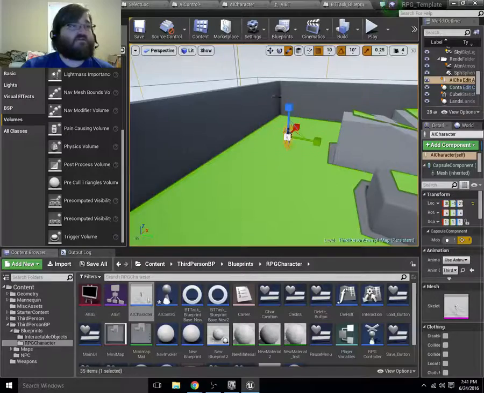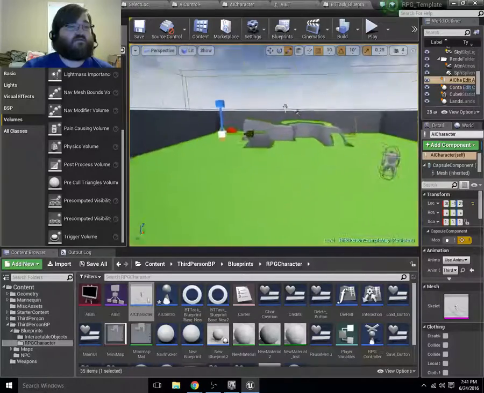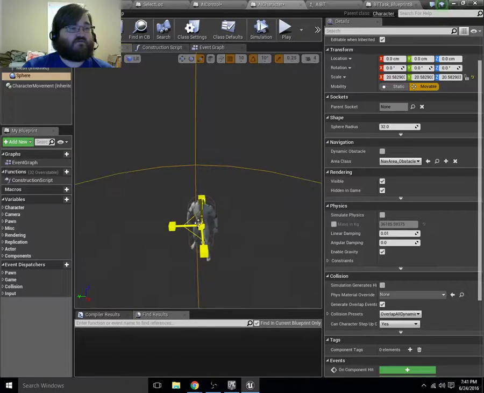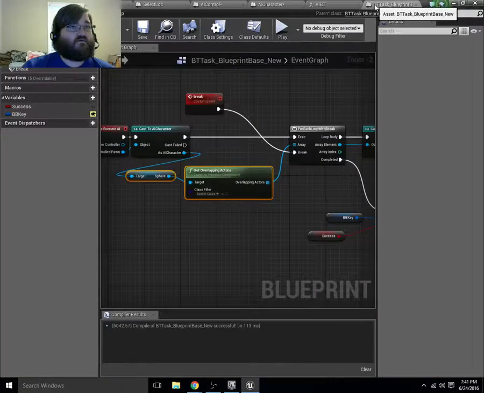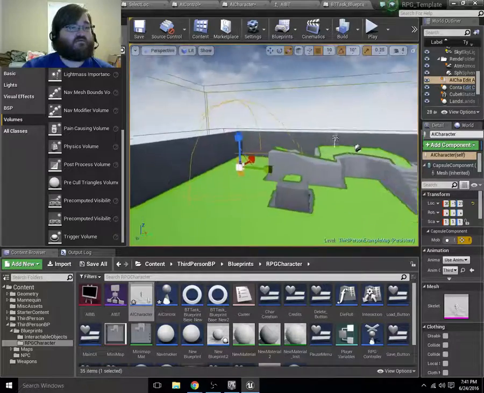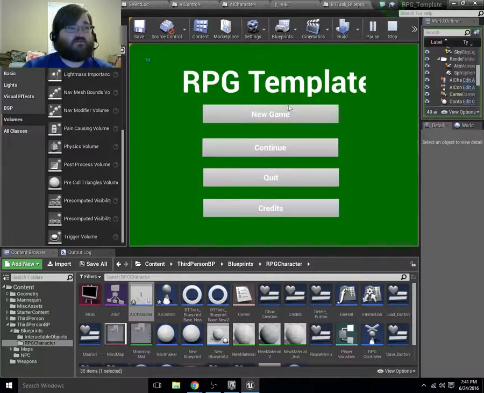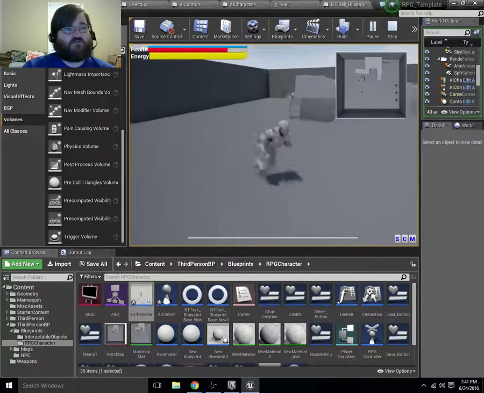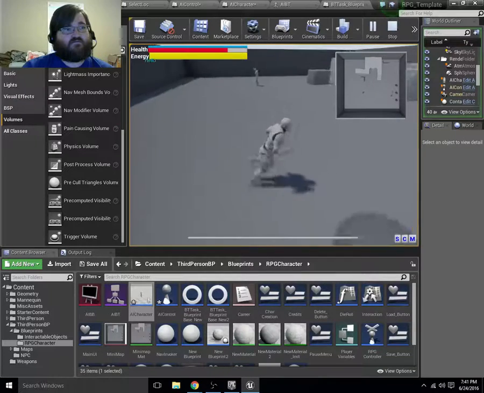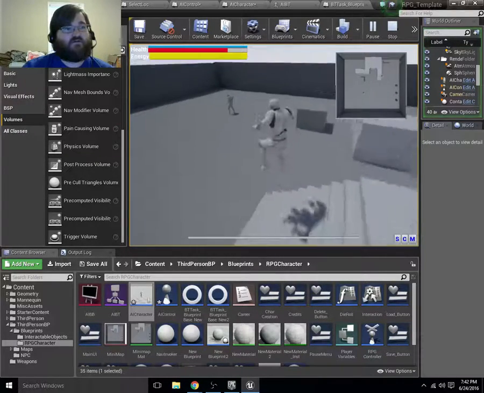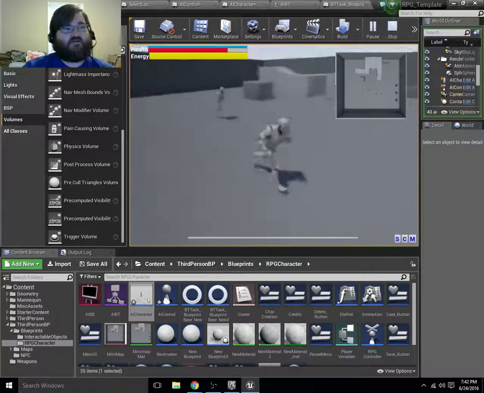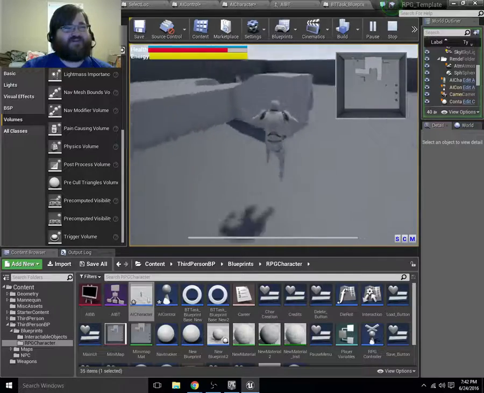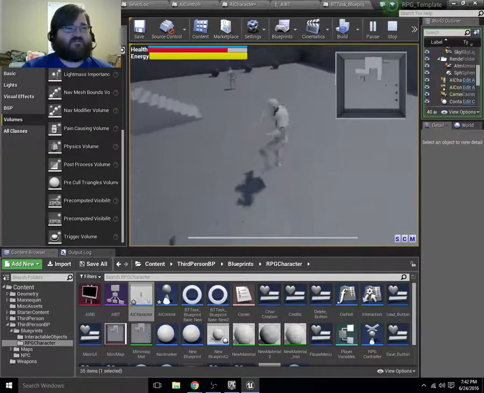I'm going to make the sphere a bit larger. That might be too large. That's a pretty reasonable size. Alright, so now we come up here. It's like, oh, shit. Now he has no idea where I am. But now he does. Alright. So yeah, we now have a very simple